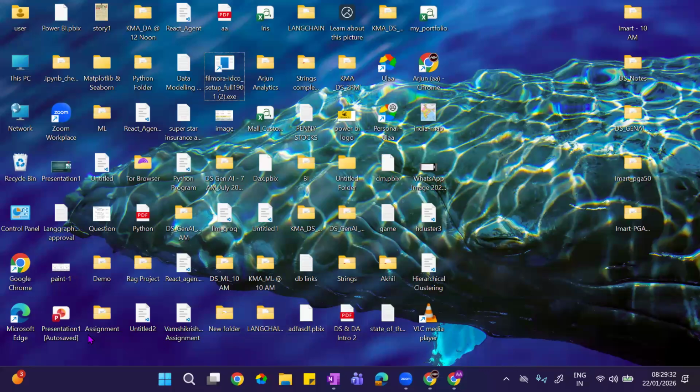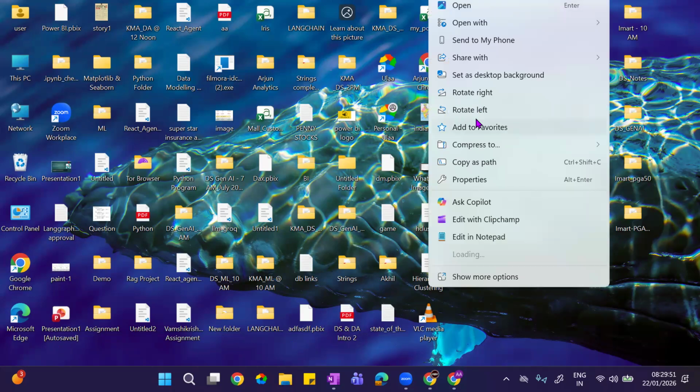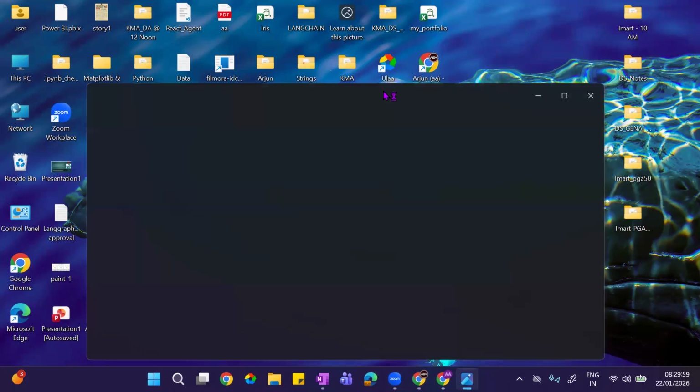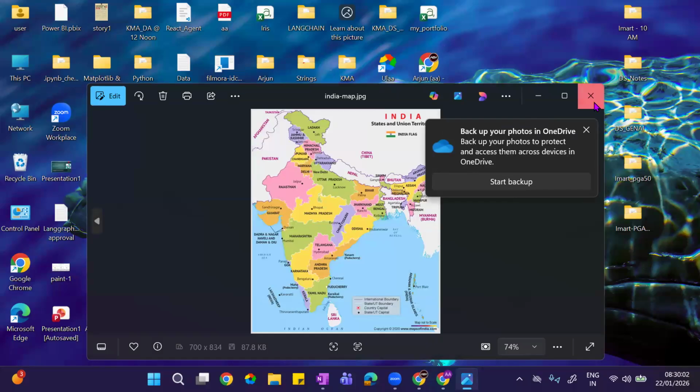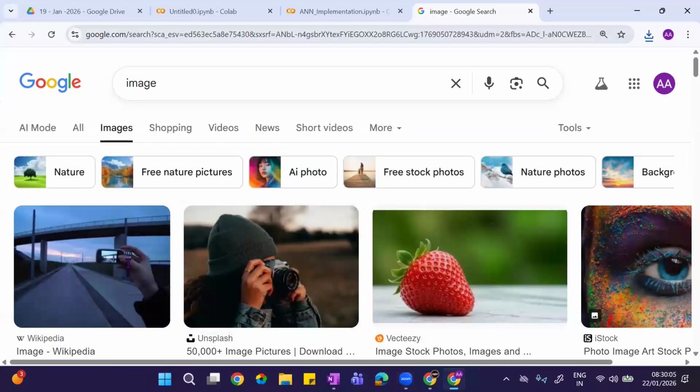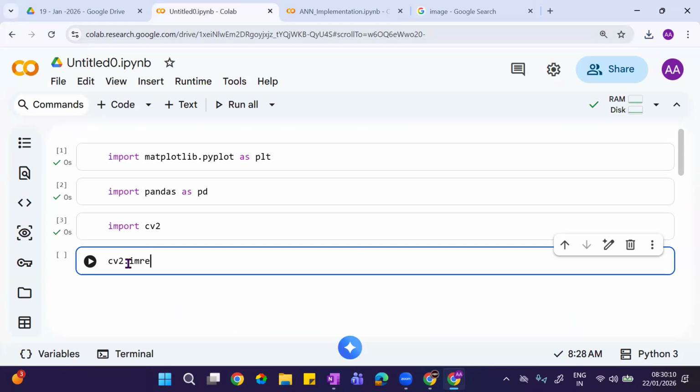Here I have an image, guys, India. I'm taking this image and copying the path. This is the image. Now I'm taking this image and giving it over here: cv2.imread.